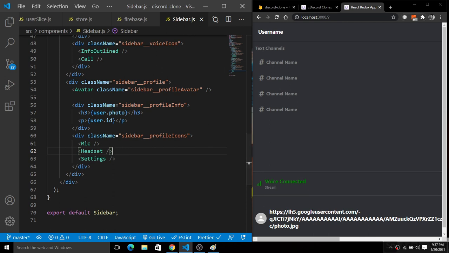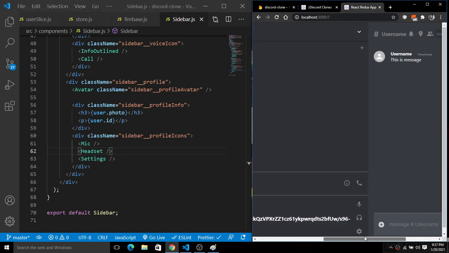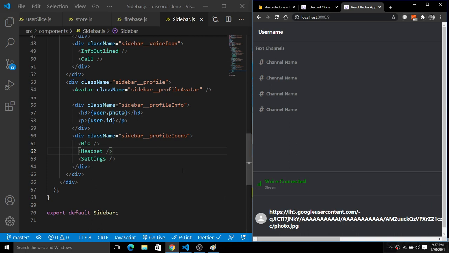Now you guys can see here, we have these things here. So we have this photo url, so that's why it is showing just like this. And we have this unique id here. So something wrong is happening here. So I'm going to simply make it clear here. So I think there is some mishappening here.